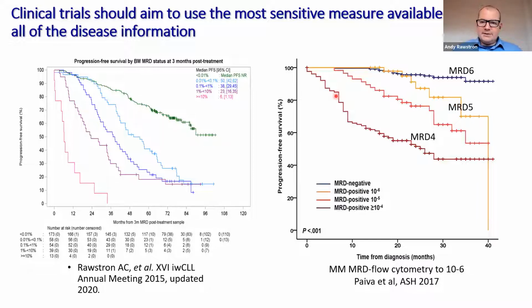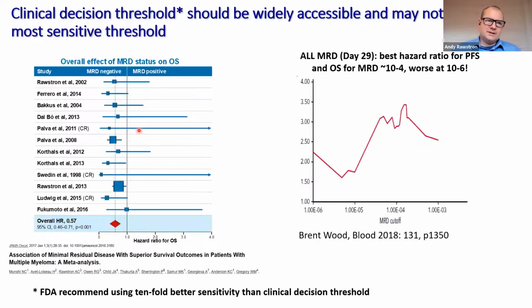I think the point here is, if you want to get the most information, if you want to, say, develop a curative treatment, maybe you need to look at 1 in a million, and then you'll be able to capture all of the information at the higher levels and predict what's going to happen to patients. But if you're looking at determining which treatments are best by comparing MRD responses, it doesn't necessarily matter which threshold